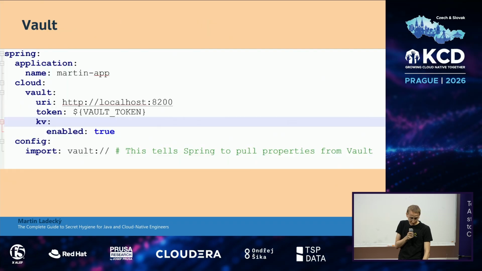What you can do, for example, is Vault. Someone mentioned HashiCorp to me today, so you can use your Vault. This is configuration from Spring Boot, because I work in Java. And that's all. Now you get all your passwords from Vault, and they are not stored somewhere per se. So if you can, do it, at least they are not in plain text. It's better, and it's not so difficult.